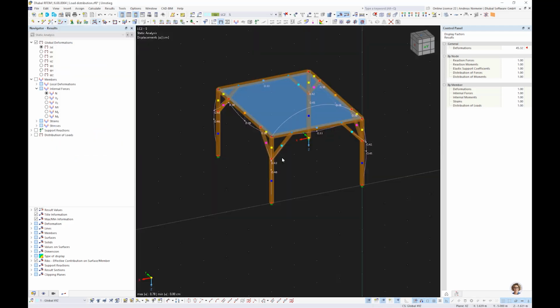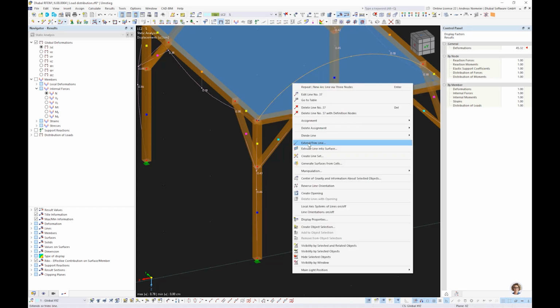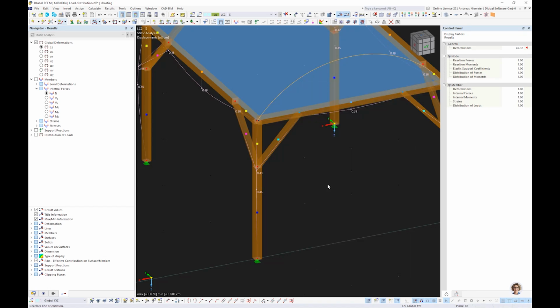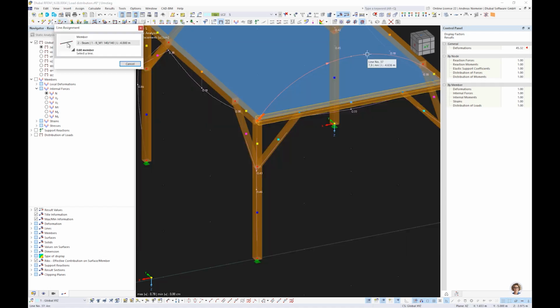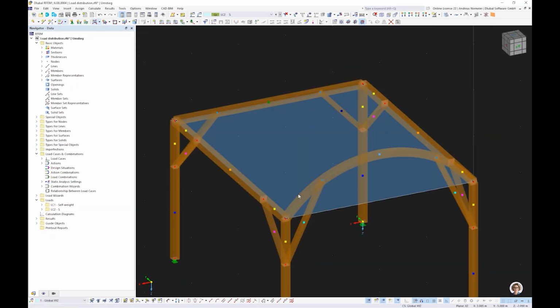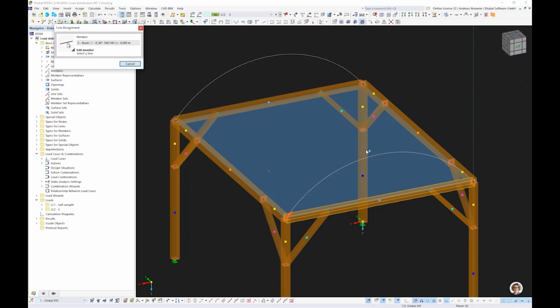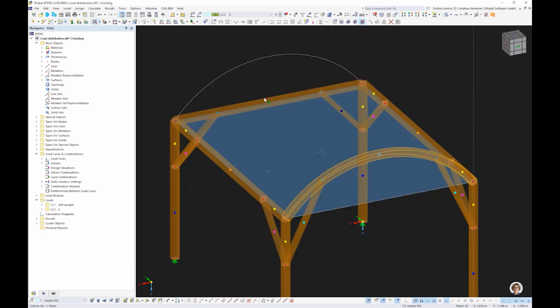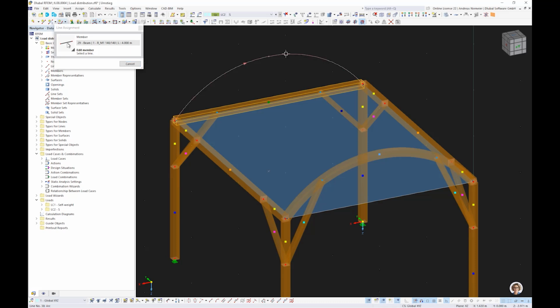So the beam is running in the right direction. This is maybe vice versa, so we change the orientation. Now we say this beam is connected to this line, and yep, the structure is changing. Maybe first we copy, it's easier. Now we can say this beam is connected to this, apply, and this beam is connected to this, and apply,